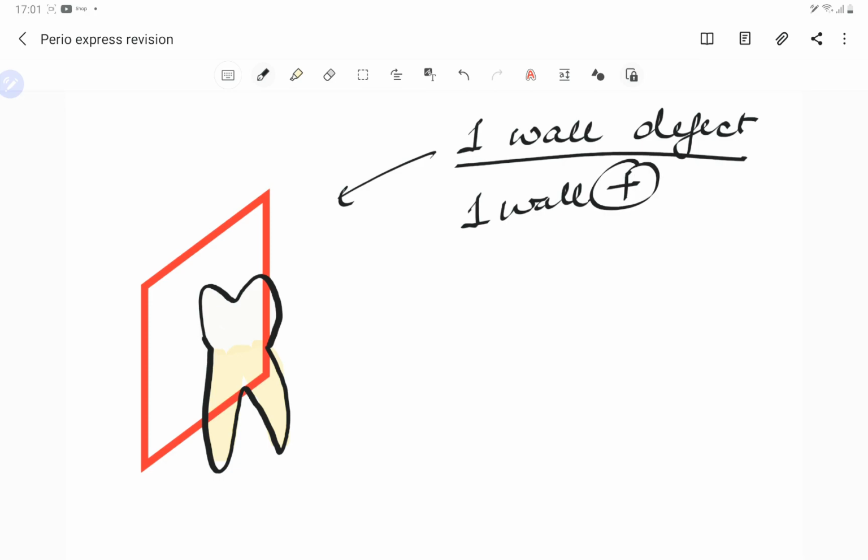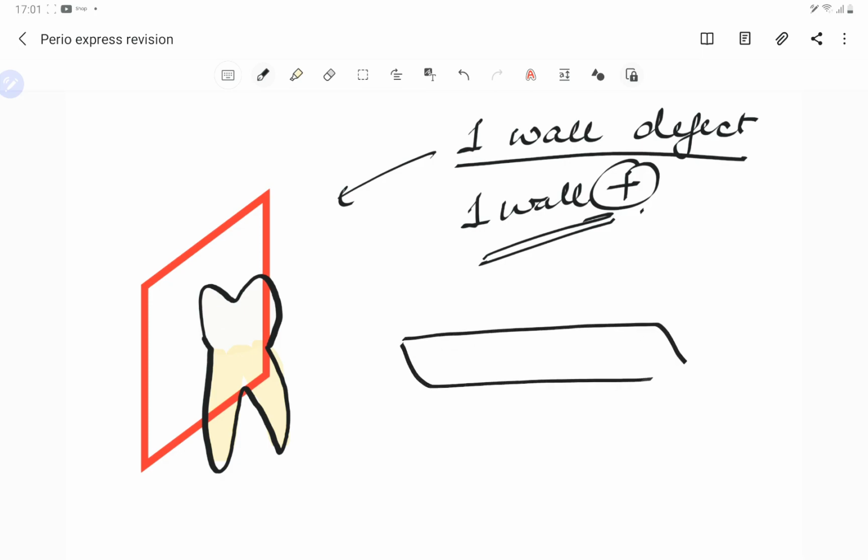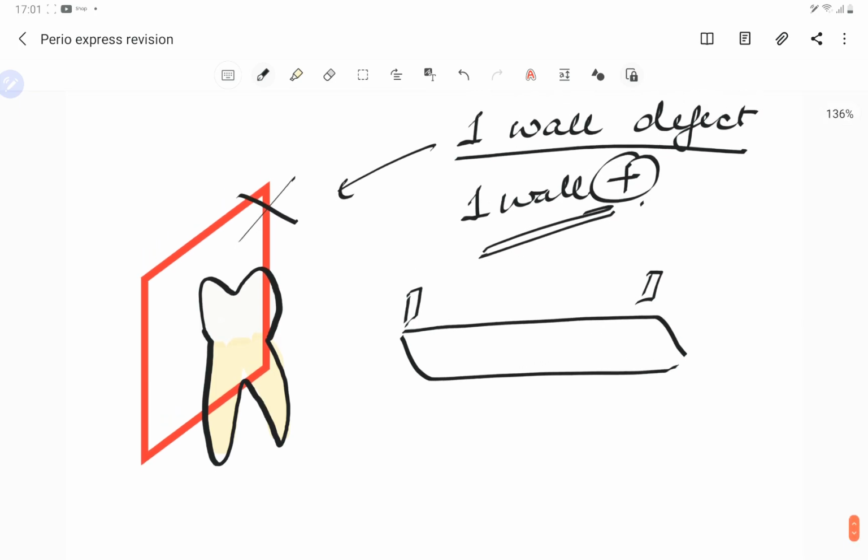Always see the wall defect. I have told you that always see the defects like it is present. So if 1 wall is present, then nothing can be done. Say suppose if you are standing in a room and there is only 1 wall, what you have to do is you think of making it a flat floor so that you can reconstruct a nice room later on. So for an easy purpose, you are going to break this wall as well. So this is again a resective procedure, wherein we cannot regenerate it. So a 1 wall defect again will go for a resective surgery.